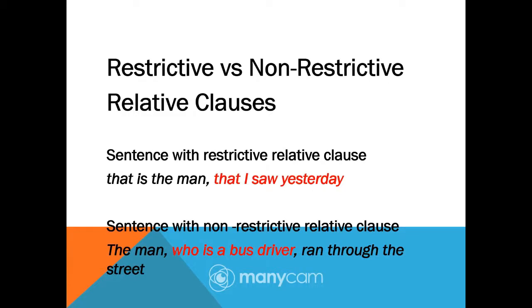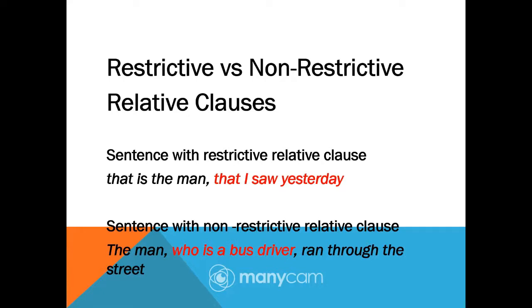Restrictive versus non-restrictive relative clauses. So I'll touch upon this because whenever relative clauses are introduced, they'll normally point out the distinction between these two types. A sentence with a restrictive relative clause, that is the man that I saw yesterday. So a restrictive relative clause will narrow down the reference of a noun. So I might say that is the man, and you might say what man, and I might say that is the man that I saw yesterday. So the relative clause in this case is narrowing down the reference to specify which man,